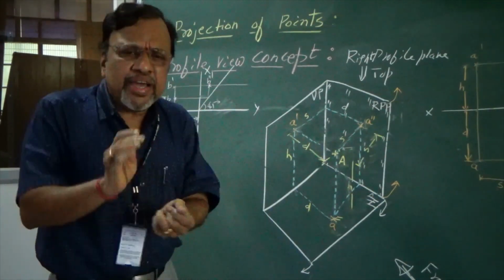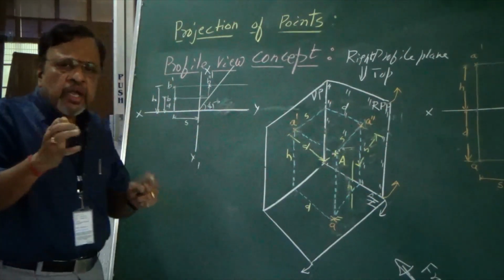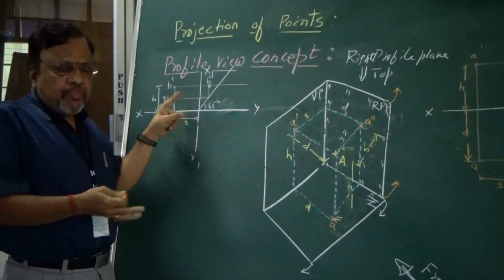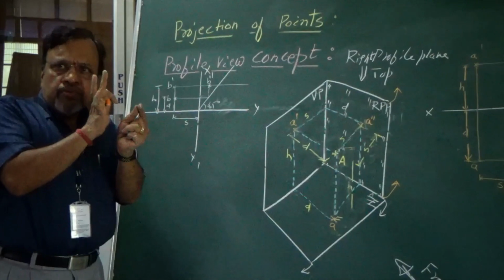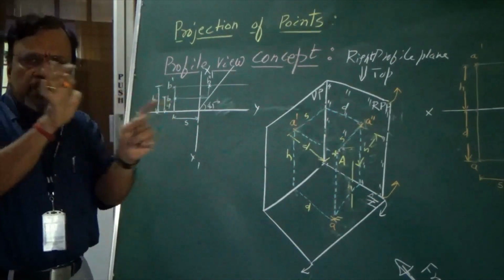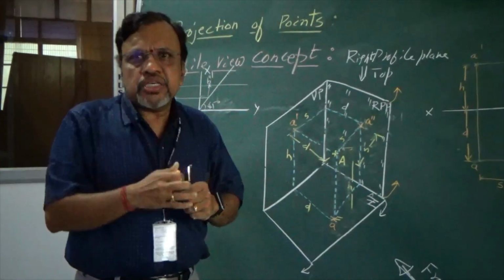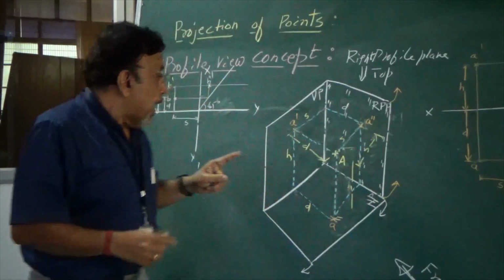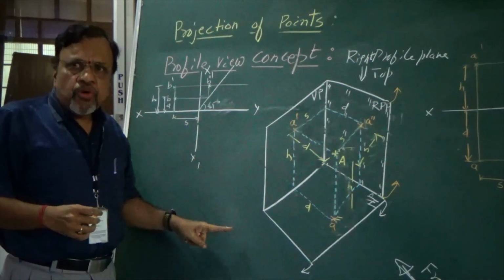Is it okay? But anyway, generally when you have an object, we don't want to keep the object in the second quadrant. Why? Because if I keep it here, the front view and top view will overlap. Once they overlap, it becomes more of a headache for us. So obviously nobody will view or keep the object in either the second quadrant or the fourth quadrant.